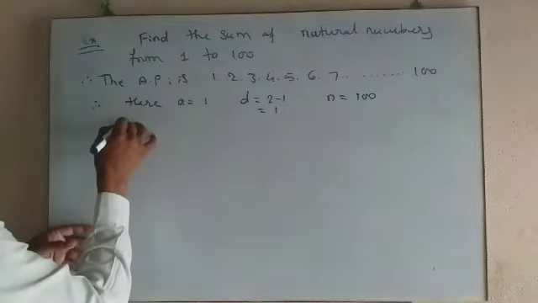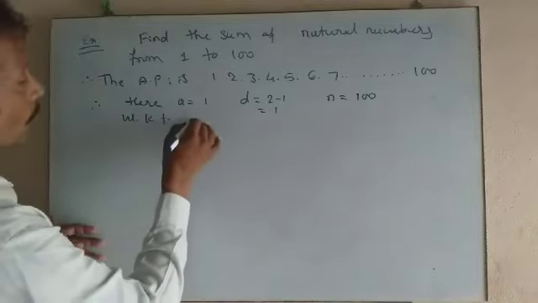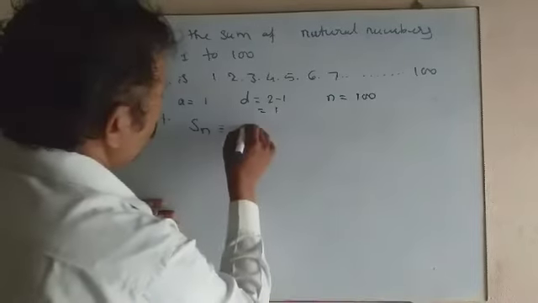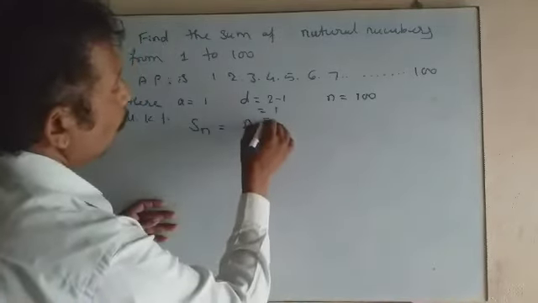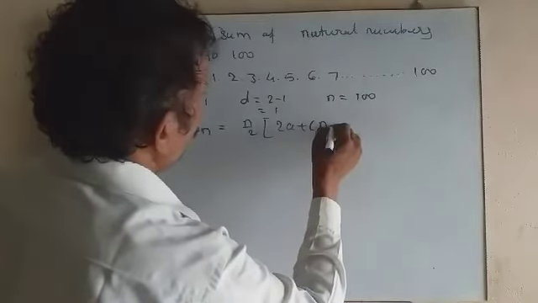Use the formula. We know that the sum of n terms of an AP is equal to n by 2 into bracket 2a plus n minus 1